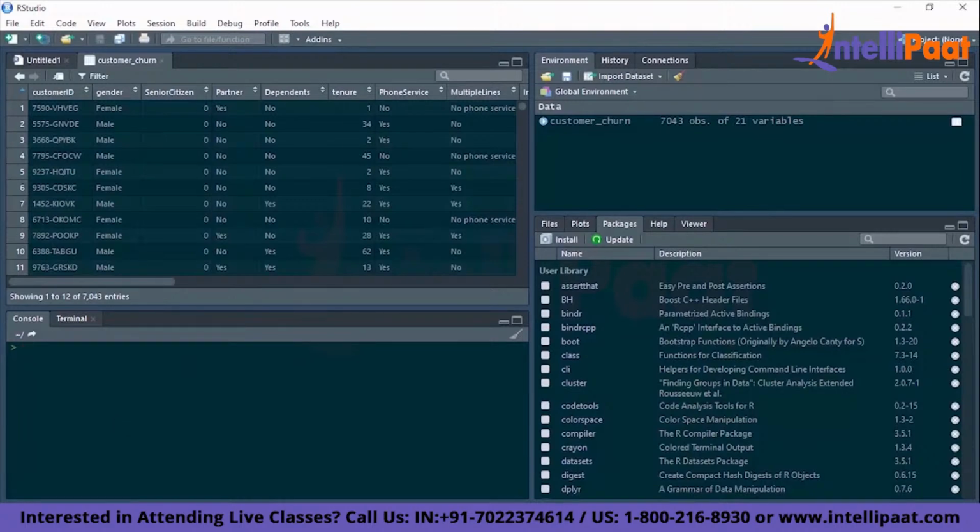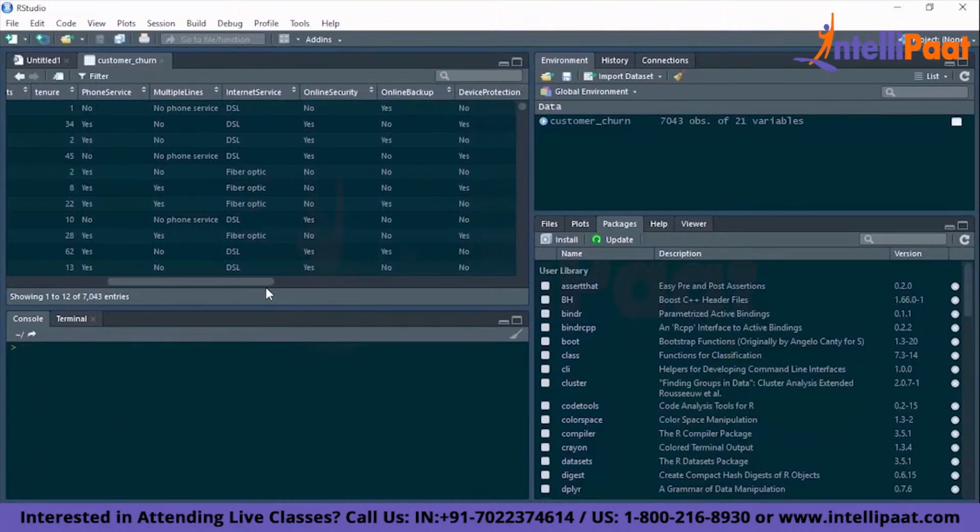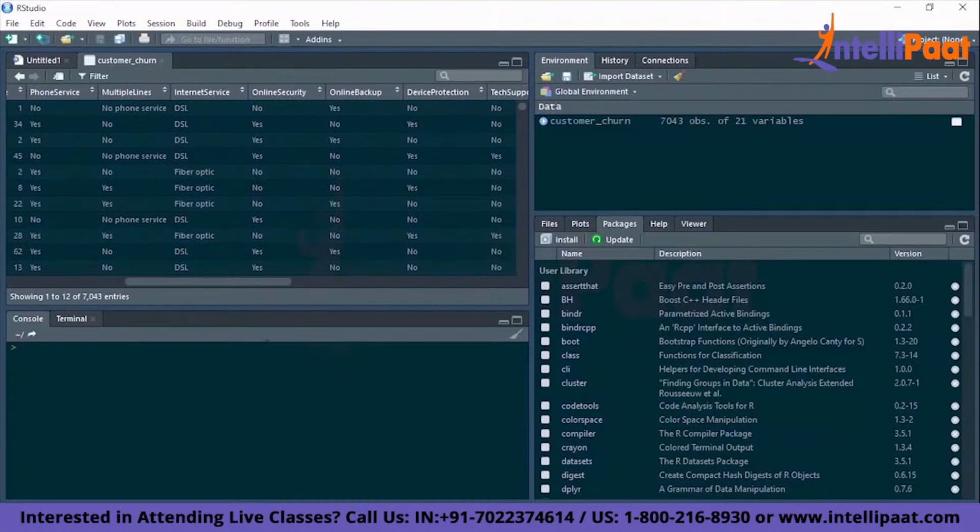Now, let's say I would want to access the column device protection from this entire data frame. So how can I do that? It's actually simple. I'll start off by giving the name of the data frame, which will be customer churn. Then I'll use the dollar symbol and I automatically get a list of all of the columns. Since I need the device protection, I will type DEVI. I'll select this and store this in a new object, and I'll name this new object C underscore device